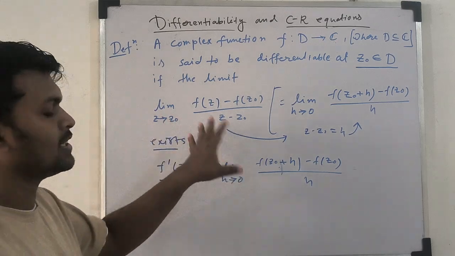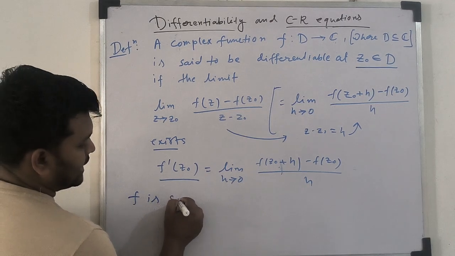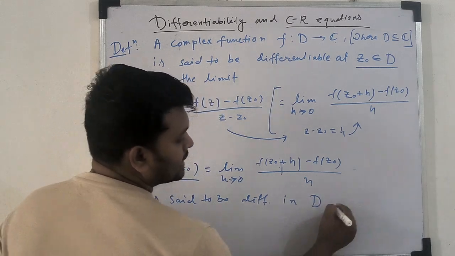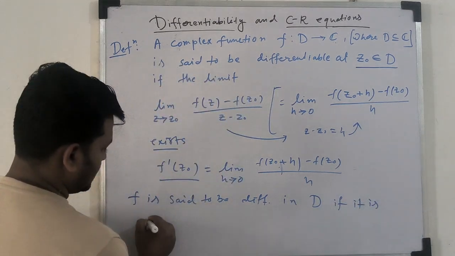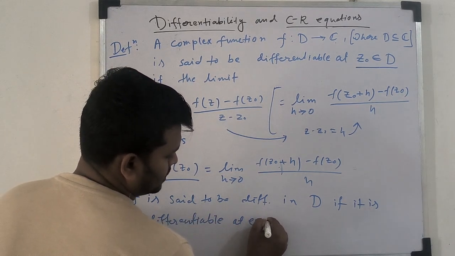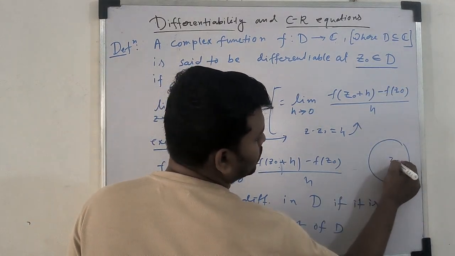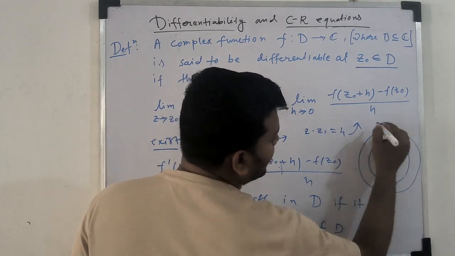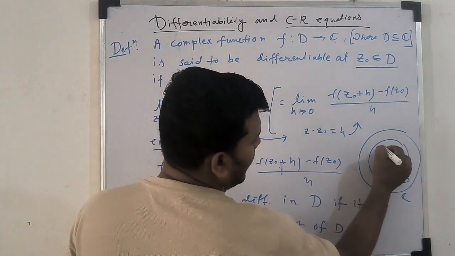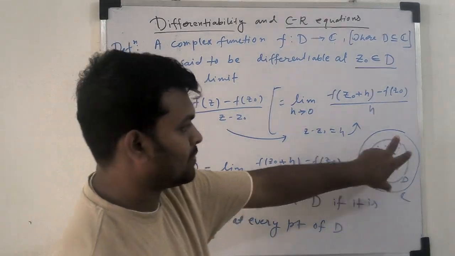So a function is differentiable whenever this derivative exists, and this function f is said to be differentiable in this set D if it is differentiable at every point of D. So this is D, which contains z0, and this is contained in the set of complex numbers. Whenever at each point of D this function f is differentiable, then we say this function is differentiable in D